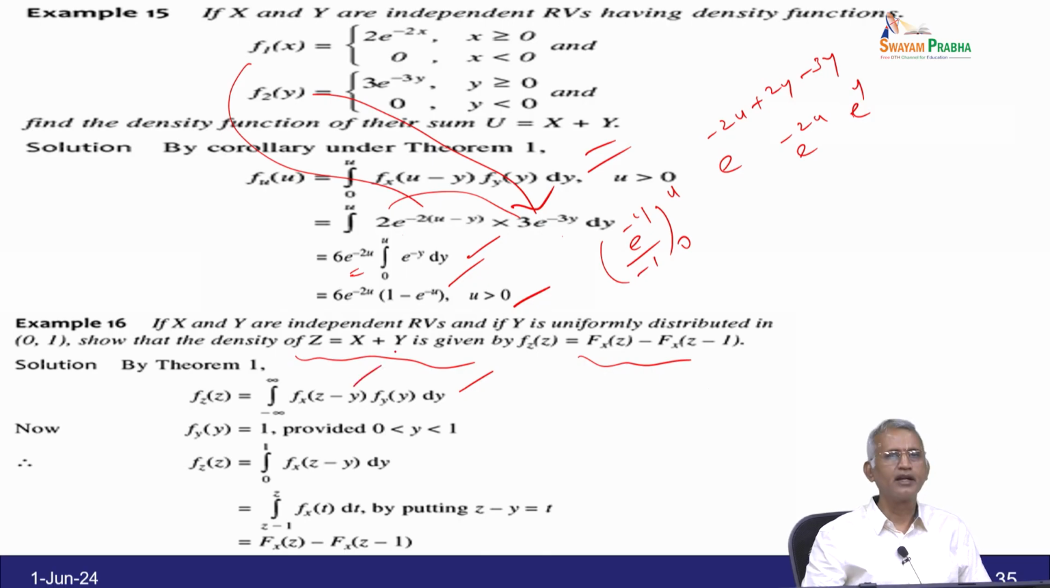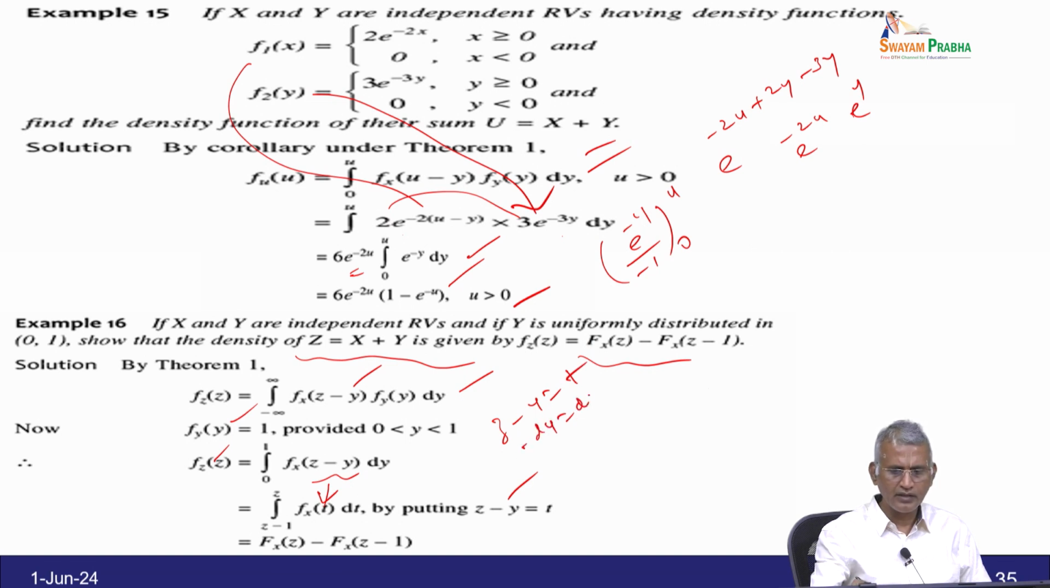infinity to plus infinity of f_X(z - y) into f_Y(y) dy. Given the hypothesis, f_Y(y) is 1 provided y lies between 0 and 1, and f_Z(z) is the integral from 0 to 1 of f_X(z - y) dy. Now put z - y equal to t, therefore, substituting here, it becomes f_X(t) dt,